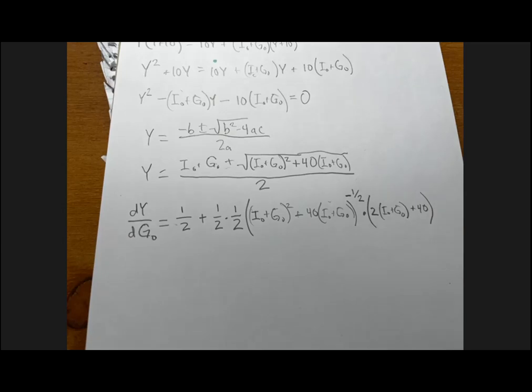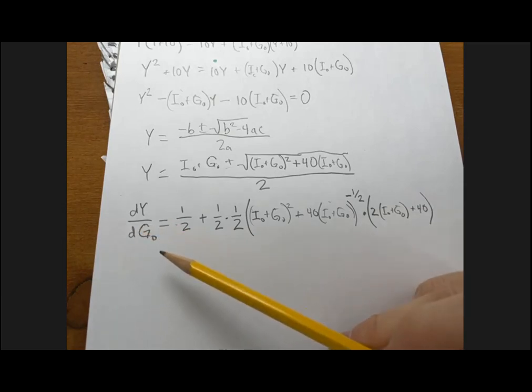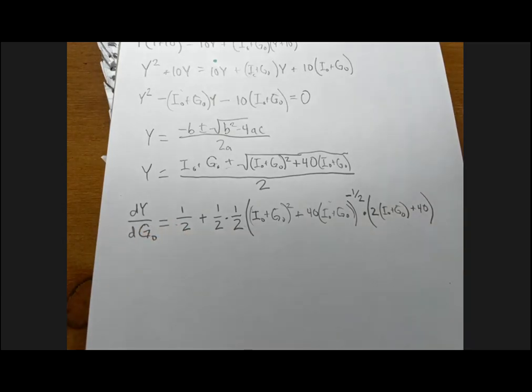Like, okay, that's dy/dg zero. It was hard, but I think it was possible. I told you guys what the power rule is, what the chain rule is. It's just a repeated application of that. Notice that there are I zeros in here. So the comparative static dy/dg zero, which if we go back to our economics intuition,